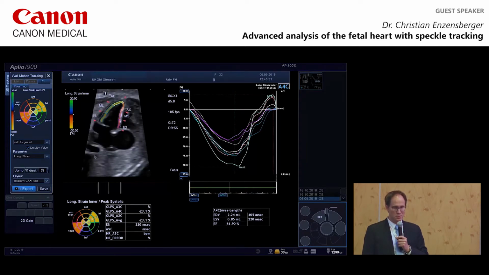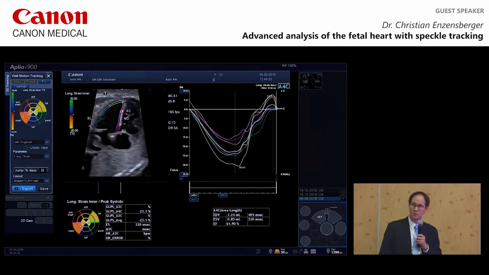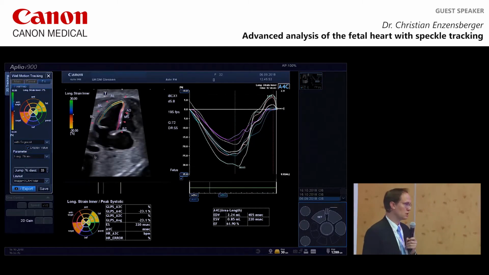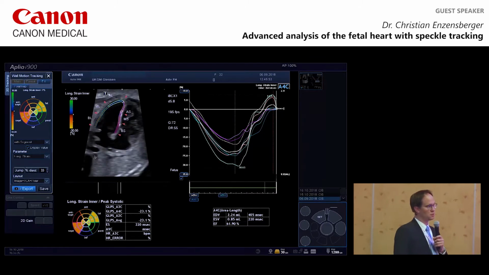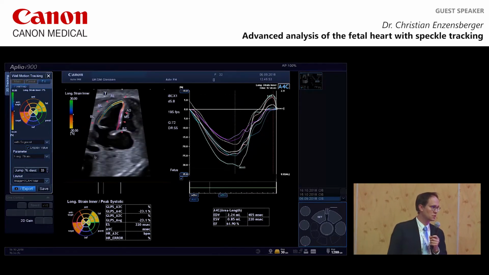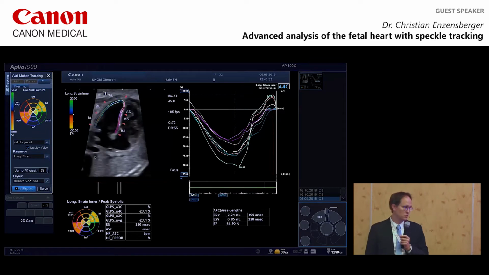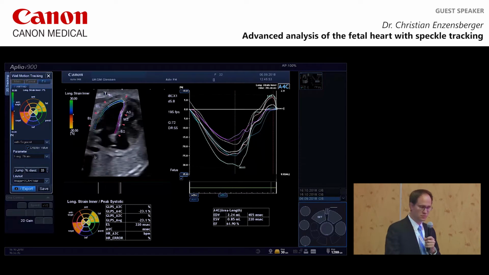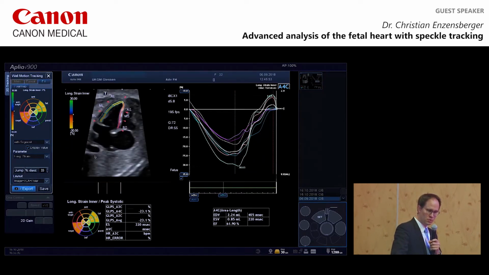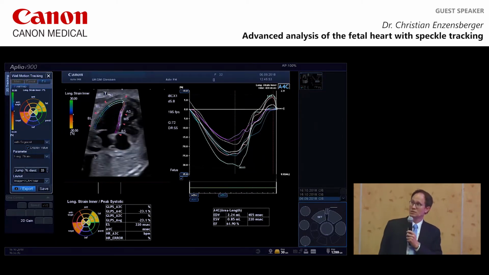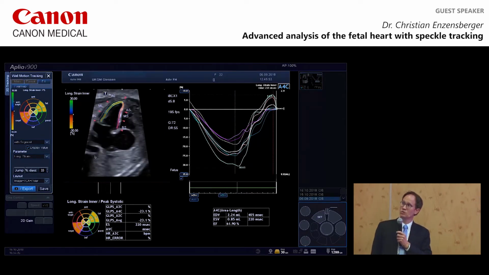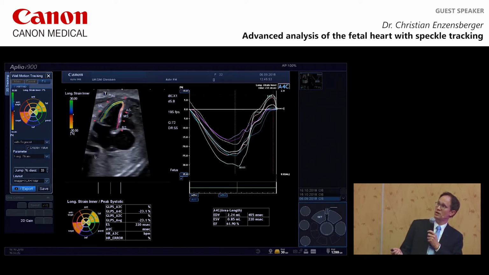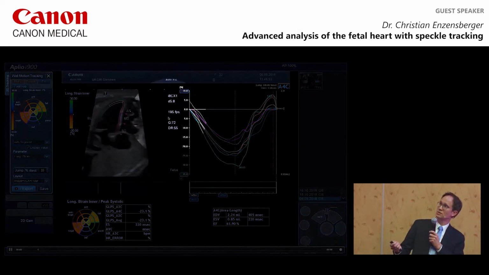Obviously, we thought, why not try to use it in the first trimester, not directly with a clinical implication, because when you have a new tool, sometimes you try to measure something and then look at special situations to see if there's something new you can detect. We used this with the possibility of very high frame rates, in this case